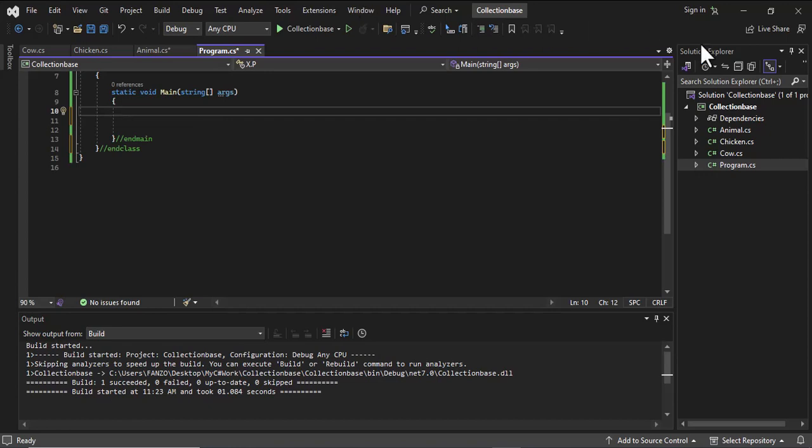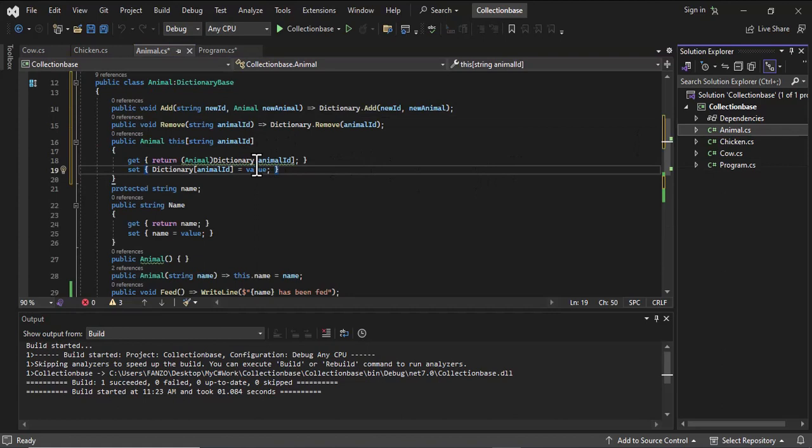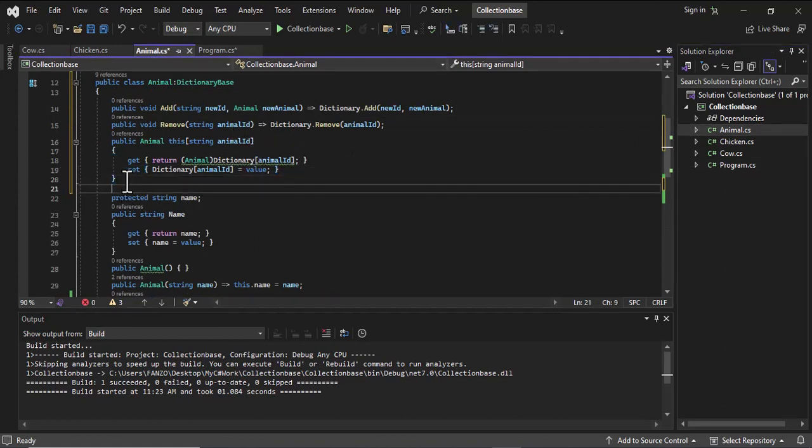Now, there's just one more thing that we have to add inside here. Something very important that might help us in our code. And you are going to see that in a few minutes. So there is something very important that we need to add inside of our code. Now, first of all, we are going to have this